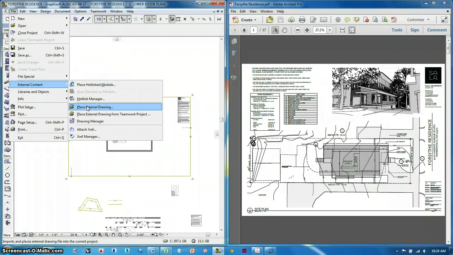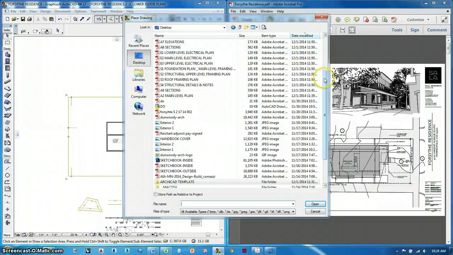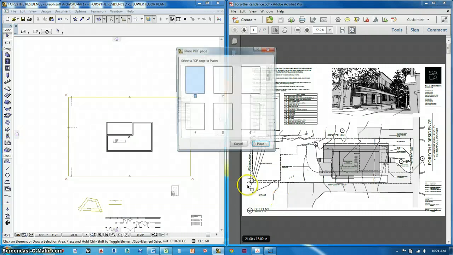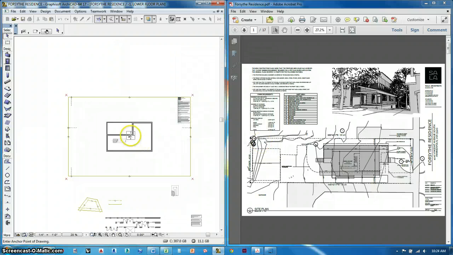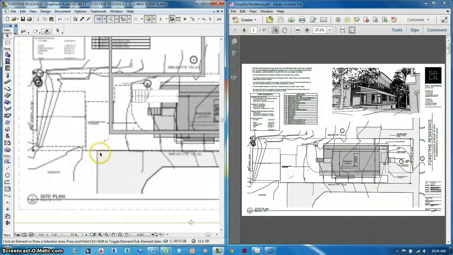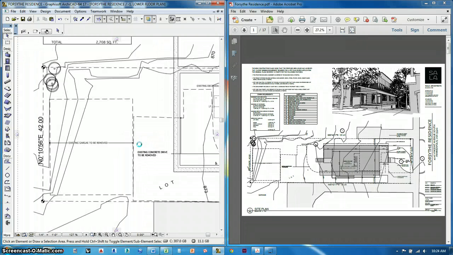Place external drawing right there. I'm going to go to the desktop, and this should be at the top. Forsyth Residence, wherever you've got it saved. And this will give me pages that I want to set, and I just want to place the first page. I'll place it right smack in the middle right there, like that. And there it is. So it's obviously going to slow things down for a little while,